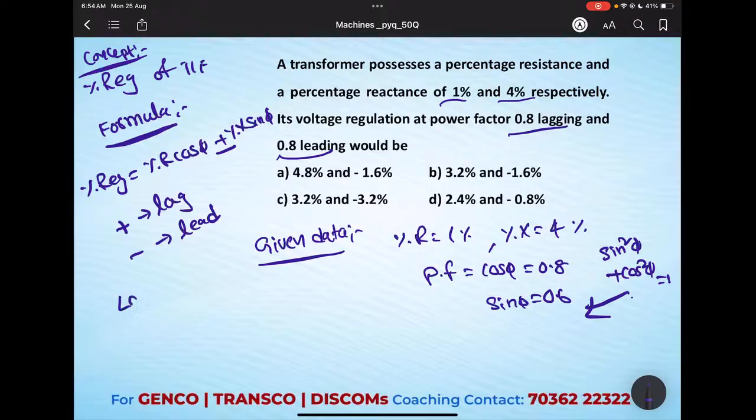Okay, so let's substitute the given data. First we will calculate at lagging power factor. Percentage regulation is equal to, what is percentage R? 1, cos phi is 0.8. This is plus, for lagging power factor percentage X is 4 into 0.6. 0.8 plus